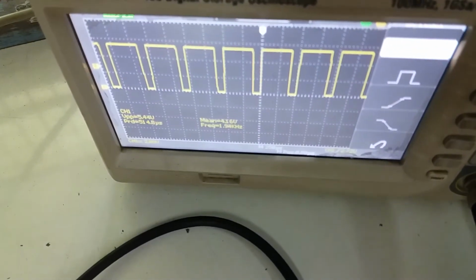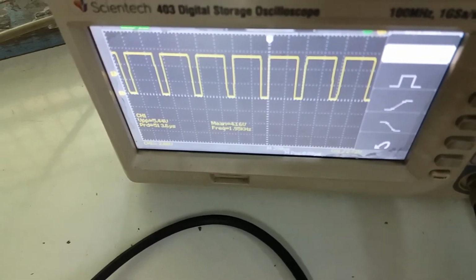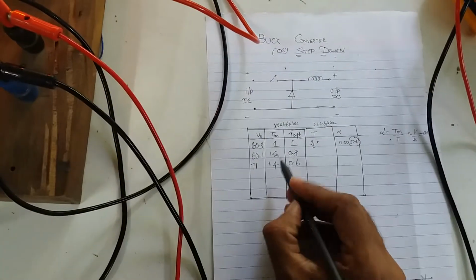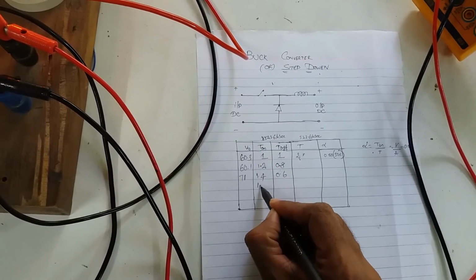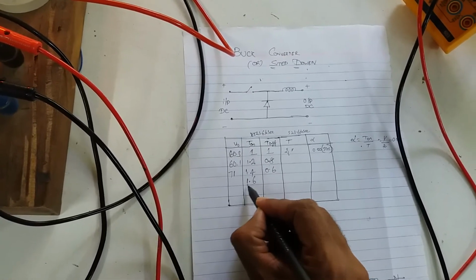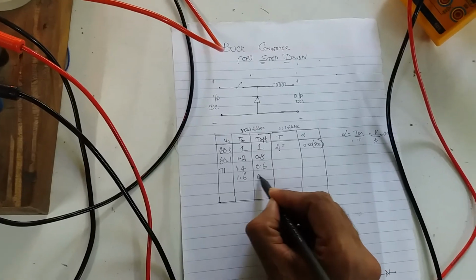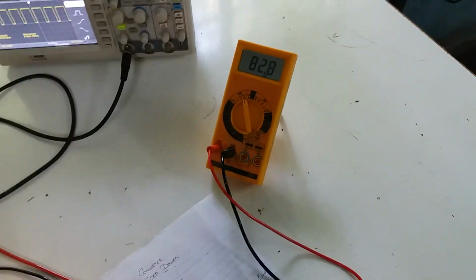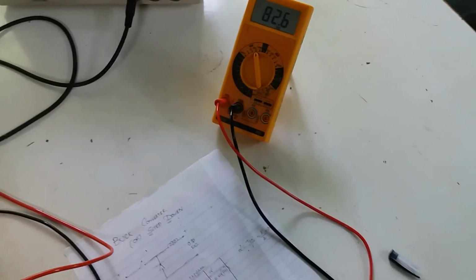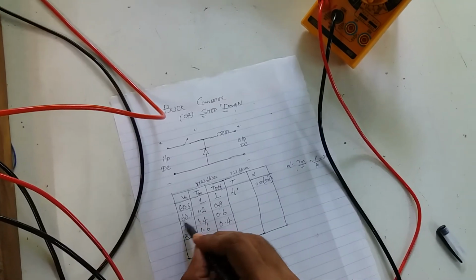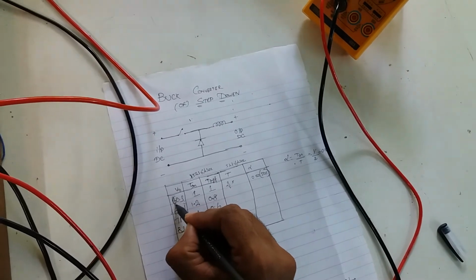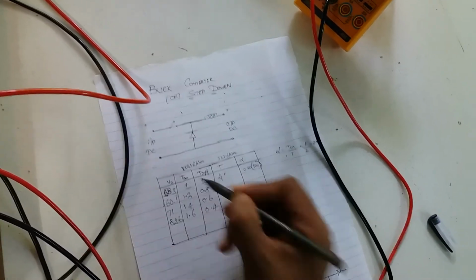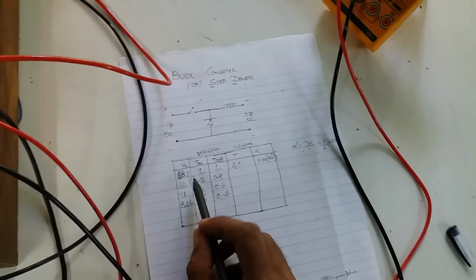You have a look at it. So 8 lines. 8 lines means, so 5 lines and then 3 lines. So 1.6, then off time is 0.4. What is the output voltage? 82.6. Actually, if I look at this place, this is 58, something variation is happening, maybe 58. The variation is happening, that's why.